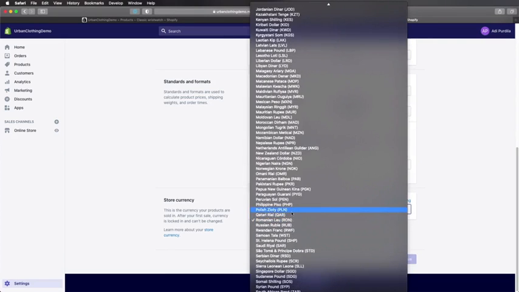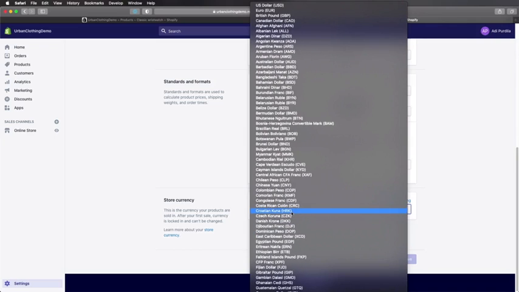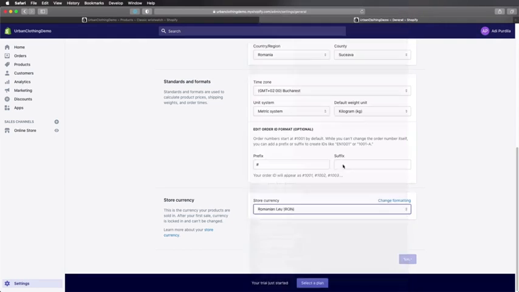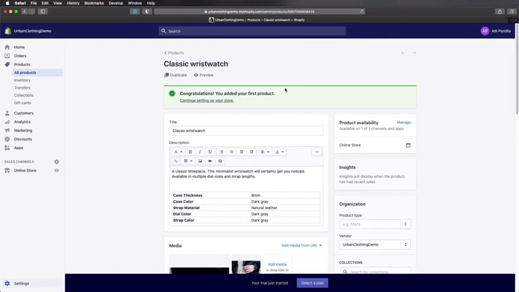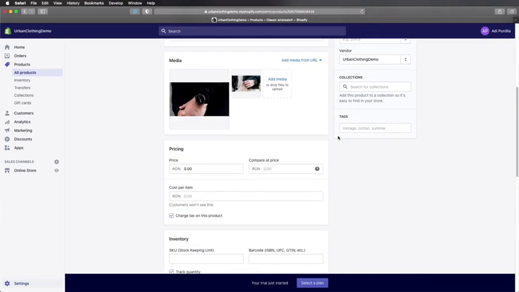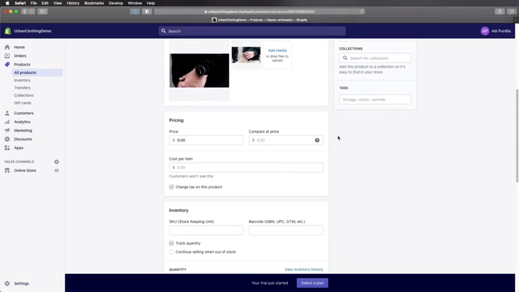And in here, just select the currency that you'll be using. In my case, I'm just going to make it easy and select US dollar or USD. So save. And now we can close this. And we can come back to our product. We can do a refresh. And now you'll see that the price, under price, the currency changed from RON, which was the currency in Romania,